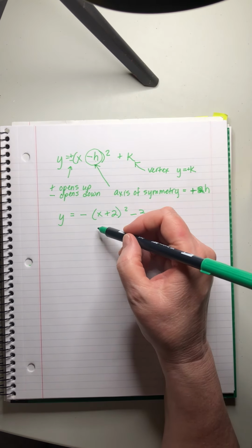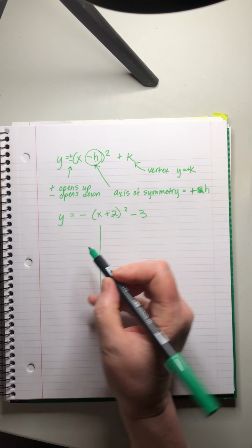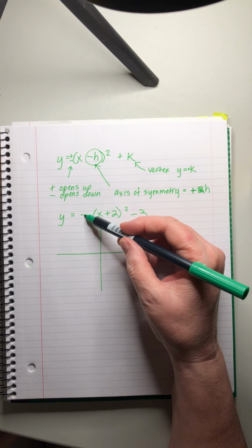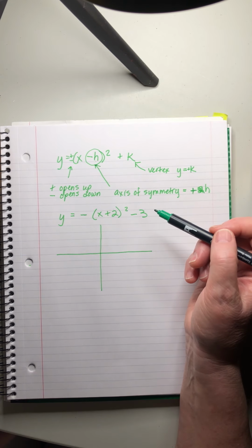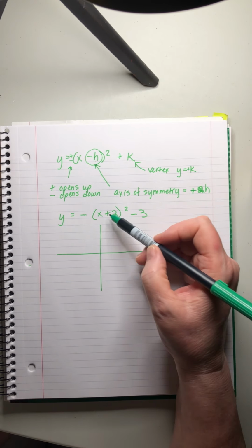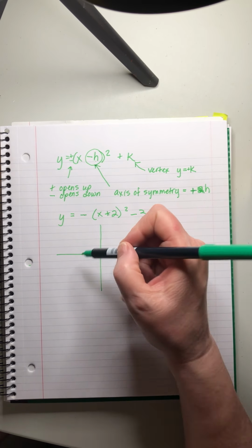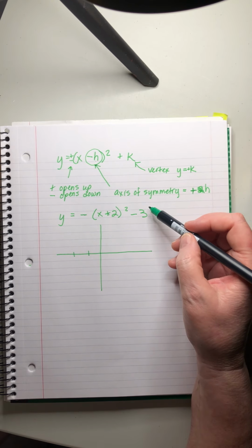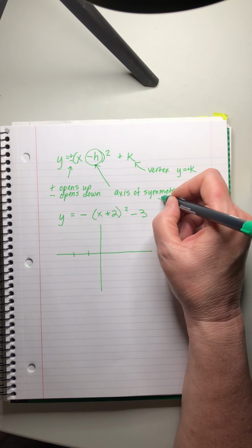we can graph it quite easily. This is how we would graph it. We would say this is a downward dog. It's negative, so we know it's opening down. The axis of symmetry is -2. It's the opposite of that sign. And that tells us about the x-axis,